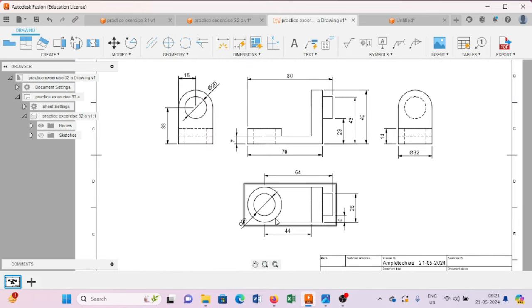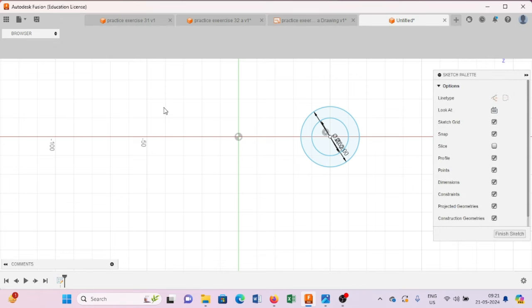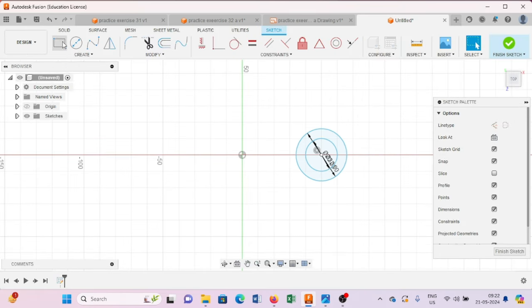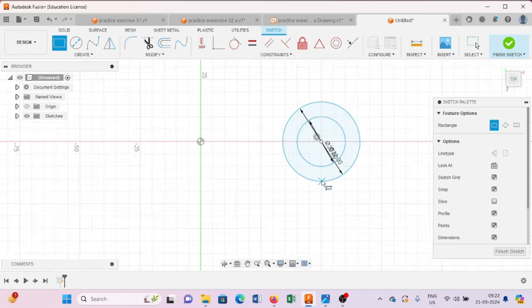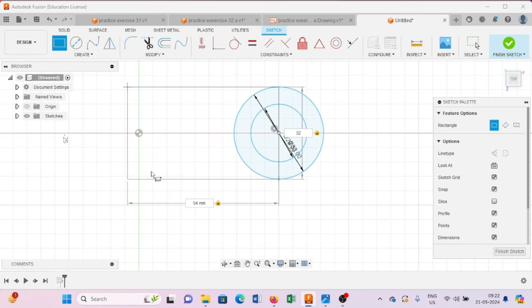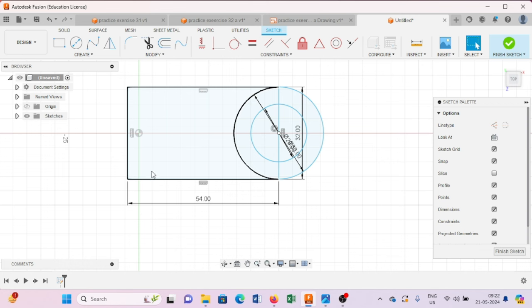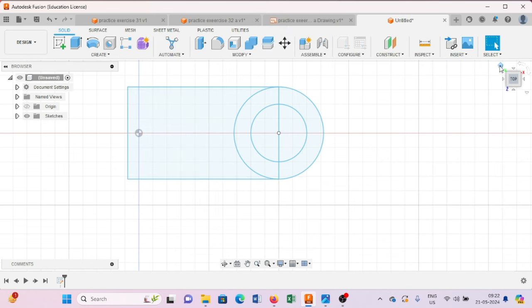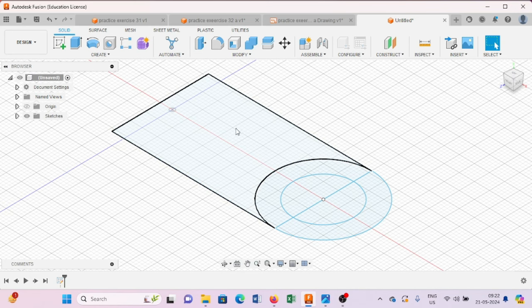Now we have to draw a rectangle of 32 by 54 mm. So again go to here. Select a rectangle and provide here 54, tab, 32, and as you can see we have created such a rectangle. Press enter. After this finish the sketch, go to home position, select this one and extrude it